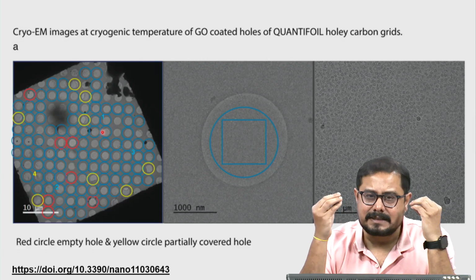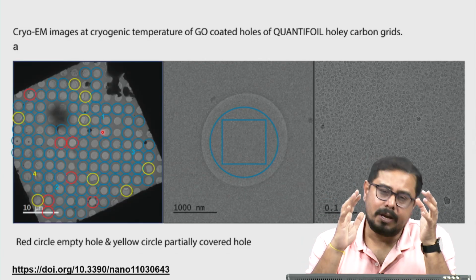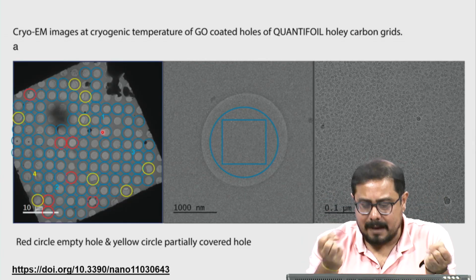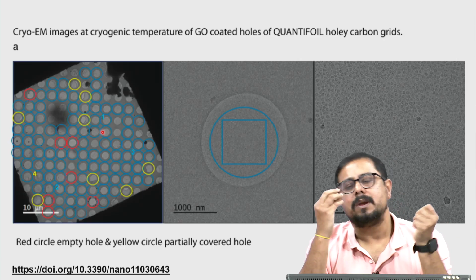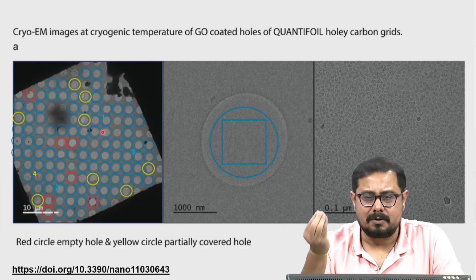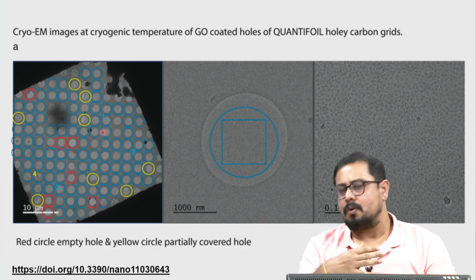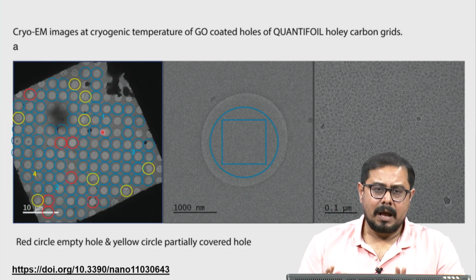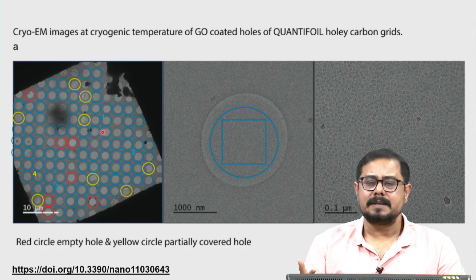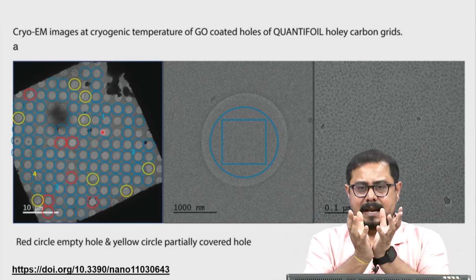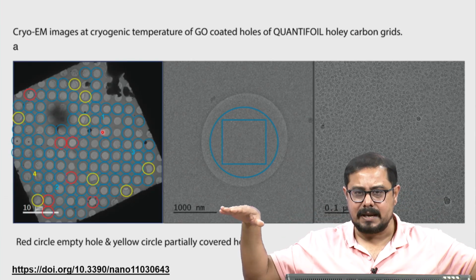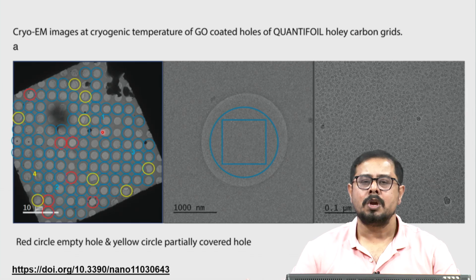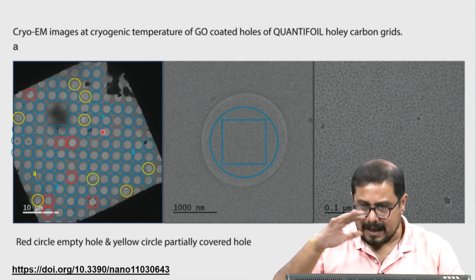absorb on top of that grid. So, even if the sample concentration is low, it will be helpful, as the protein will absorb more. So, we can even go for a very small amount of sample concentration to image using the graphene oxide grid. Now, the other part is that when you have a graphene oxide grid, the graphene coating is there on top of the hole. So, that will basically help us.